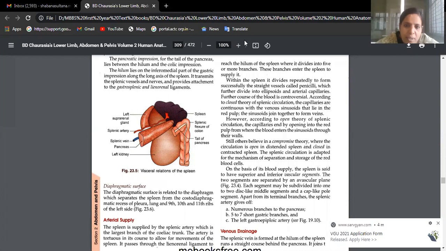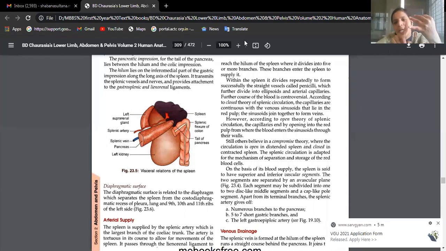Meghna, can you please tell me the major openings of the diaphragm? Beta, so many times I told you. Ritika told the answer already in the previous class. Hema knows. Aortic opening. Excellent. And? Esophageal. Excellent. And inferior vena cava opening. Nice. Very good. So that means we have three major openings, beta.